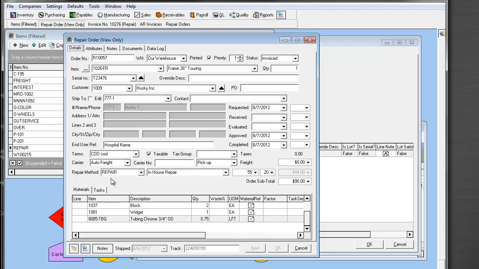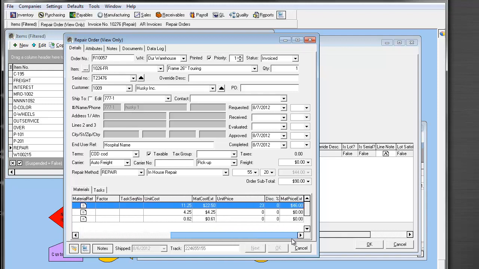So the important thing to note here on the pricing side is when you pick the repair method, it looks up the list price or the pricing based on any scheme that you might have, and then you can also set a discount percentage here to get you to the basic charge of the repair, which in this case would be $44. Now, in most repairs, sometimes additional parts might be used, and so in this example I've added 2 blocks. This block was not on the bill of material, and so it looked up its standard price,